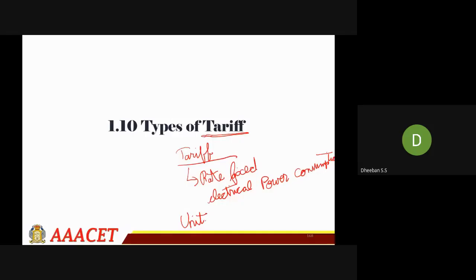In India, you'll be rated based upon your unit. So we have to know about what is a unit. One unit is nothing but a kilowatt hour. 1 kilowatt which is used for 1 hour is called one unit. So the pricing will be based upon this value. For 1 unit, what is your recharge?